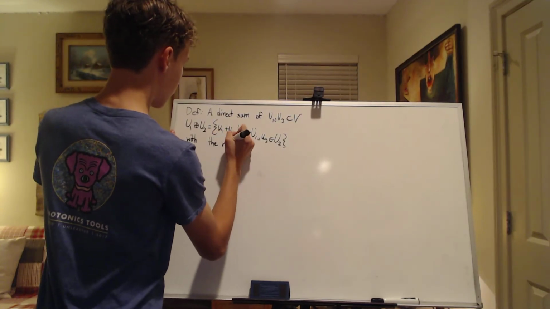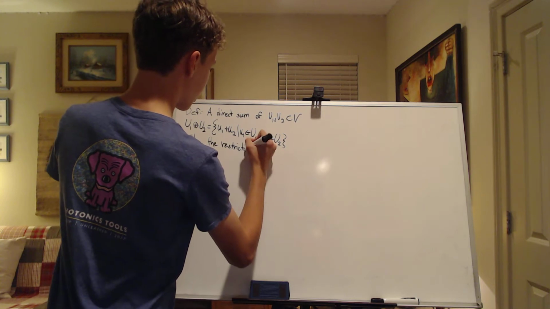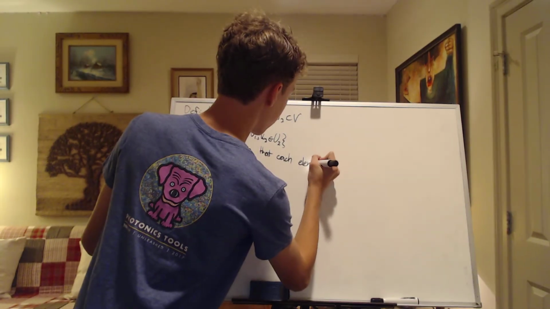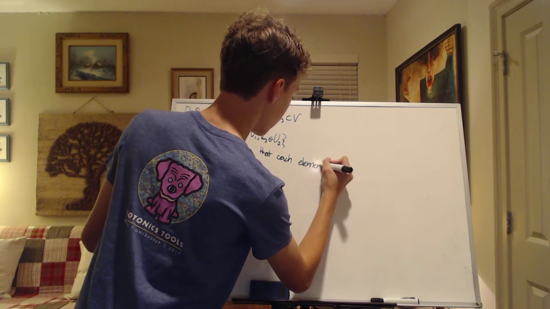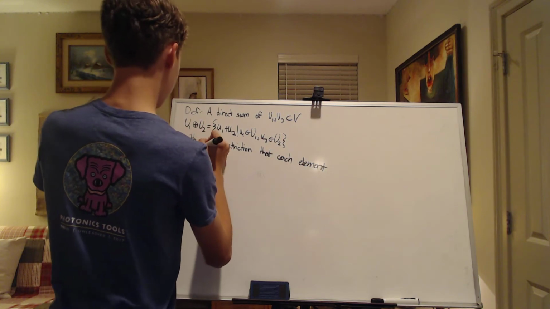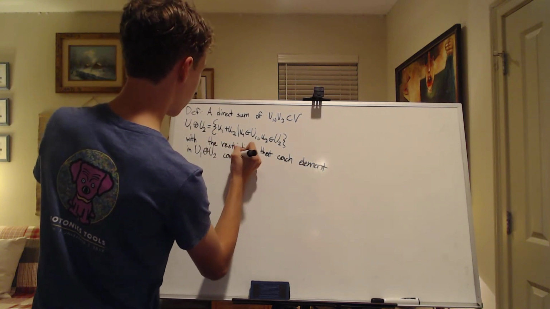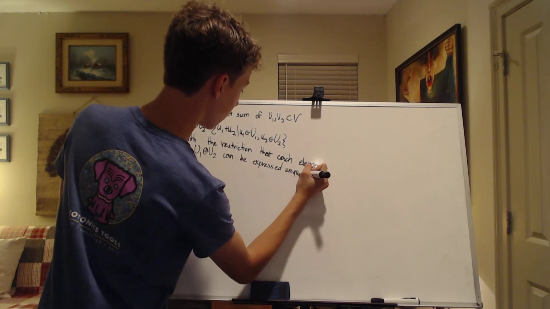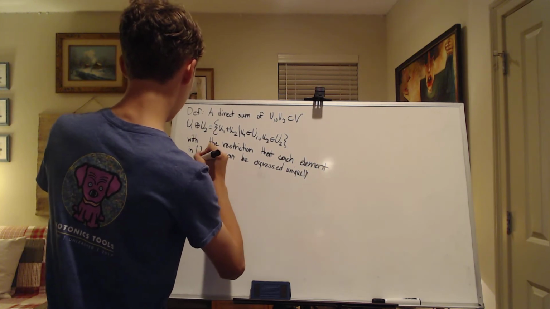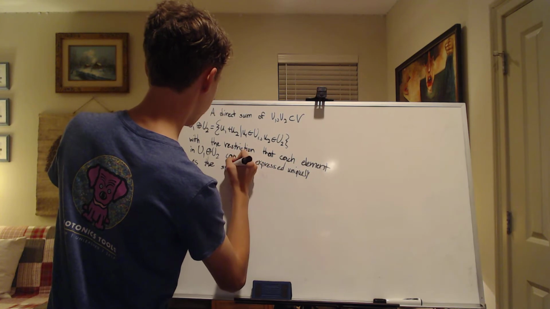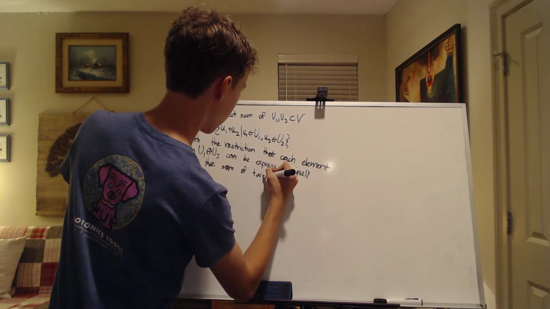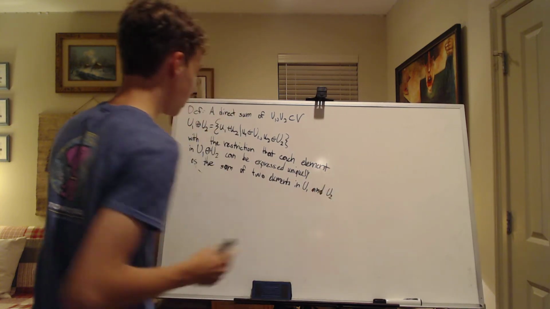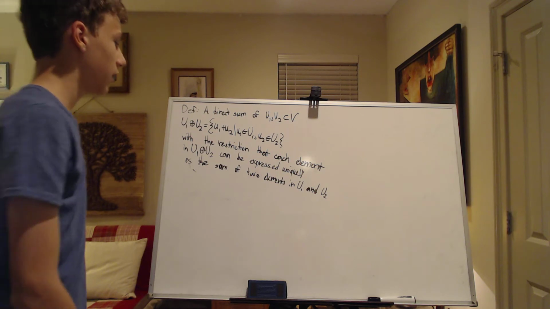so this has the restriction that each element in U1 + U2 can be expressed uniquely as the sum of two elements in U1 and U2. And so this is a wordy definition, but really it's not all that hard, because